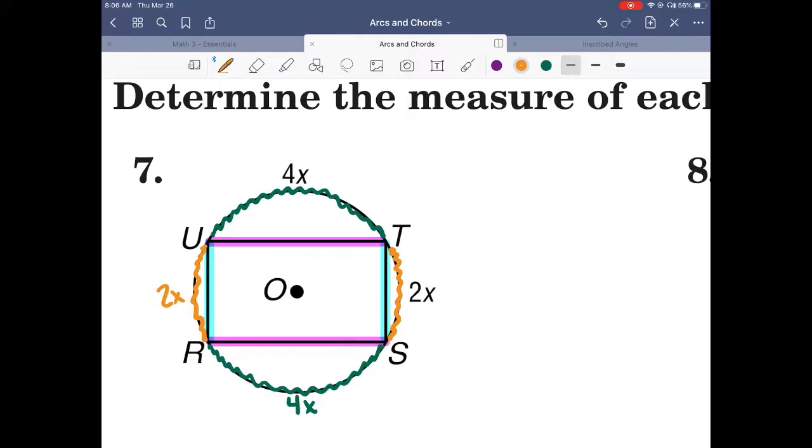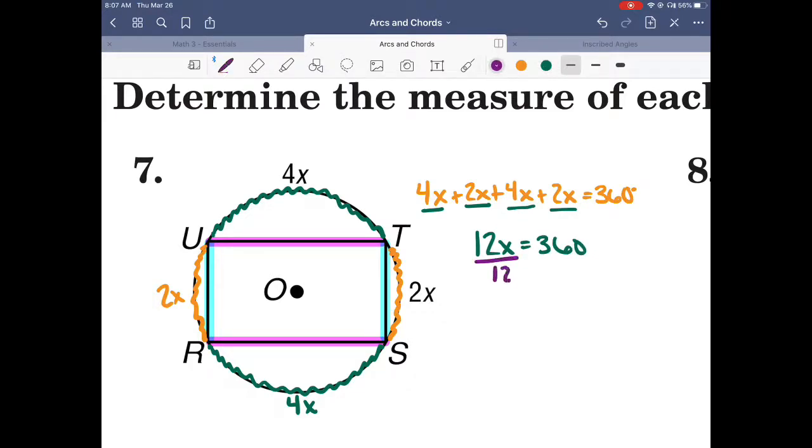Again, because I know there are 360 degrees in a circle, if I add all of these up together, I know that it is going to total 360 degrees. Combine my like terms. 4x plus 2x is 6x, plus 4x is 10x, plus 2x is 12x. Solve for x, I'm going to divide by 12,